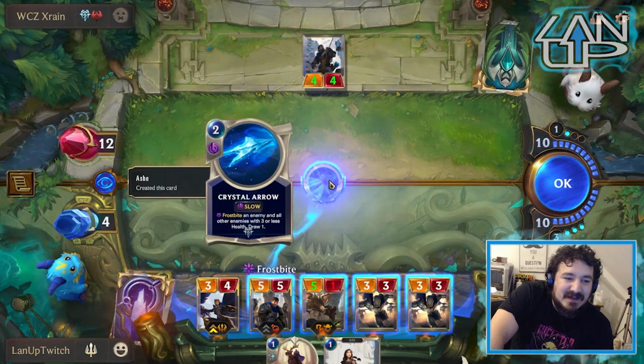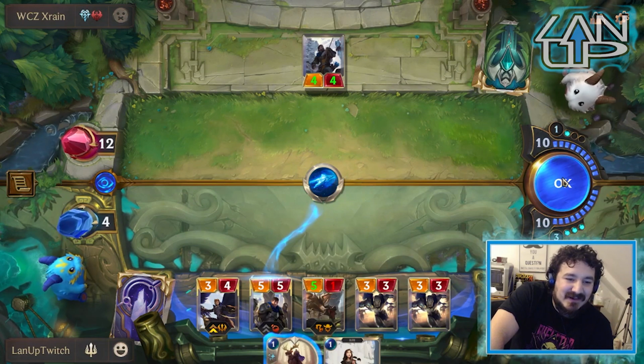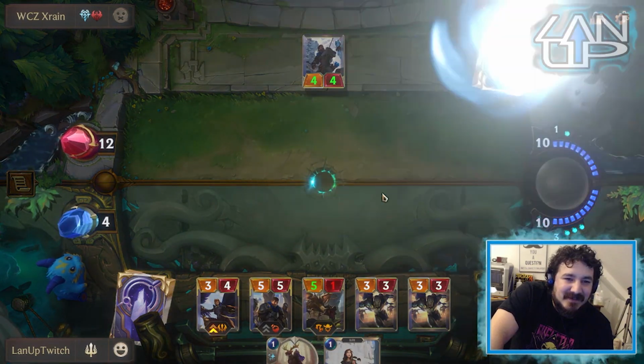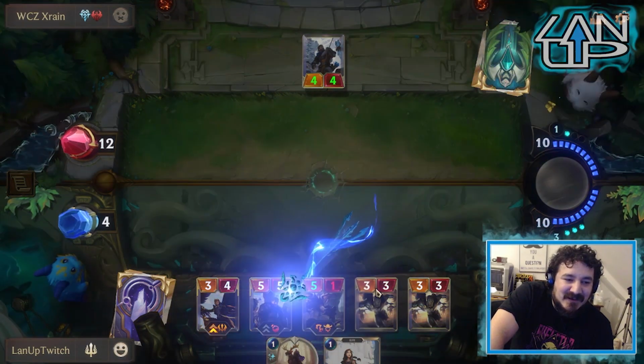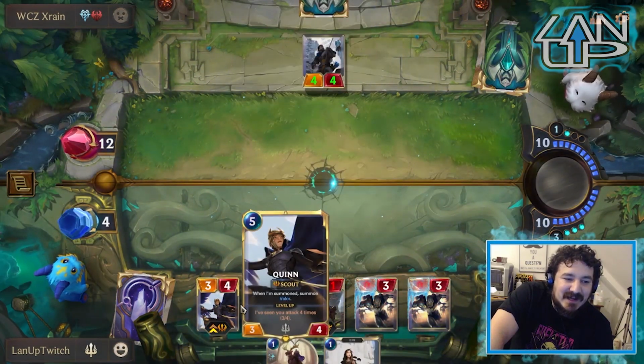Ooh. I mean, GG. It does give him draw as well. It does give him draw. But yes, sadly, we cannot stop all of that. What we can do though is we can still actually level up Quinn, because all we've